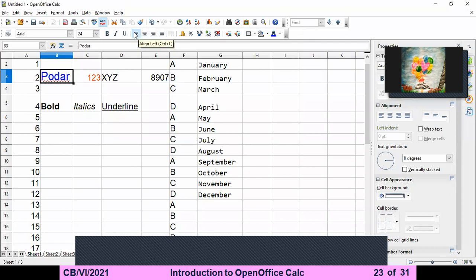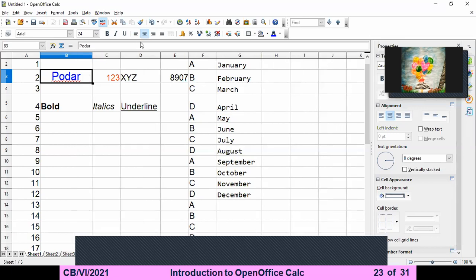Is it clear to you? Whichever alignment you want to choose, you choose here. Left by default, center. I'm increasing the cell length, so it will be identified.